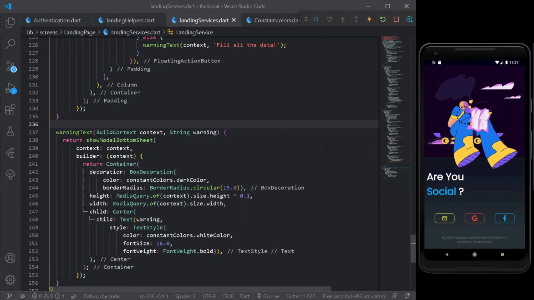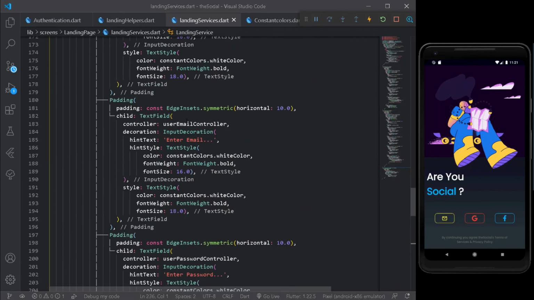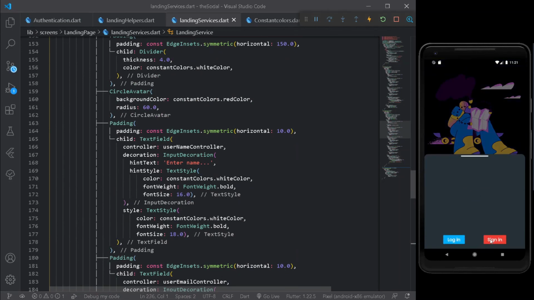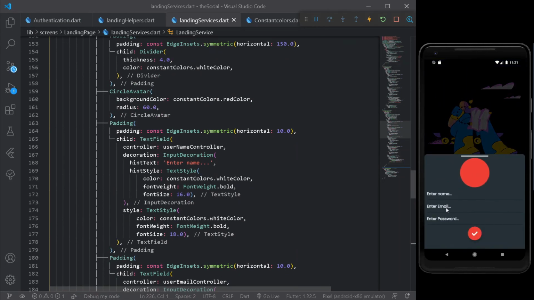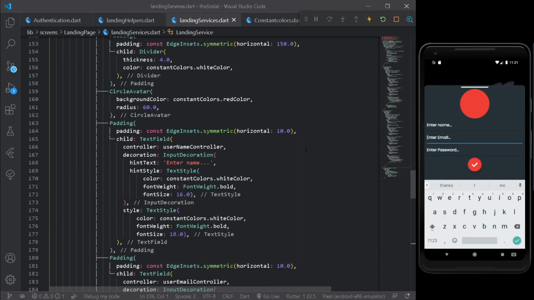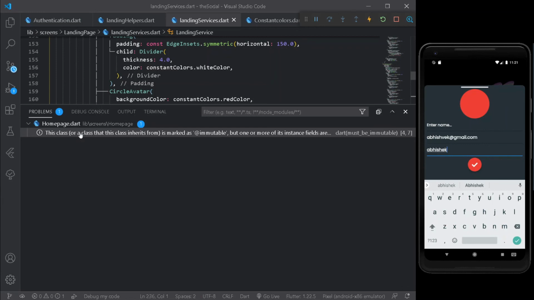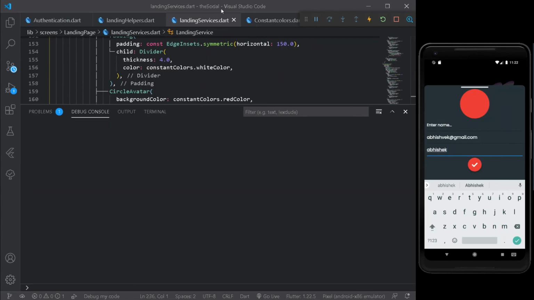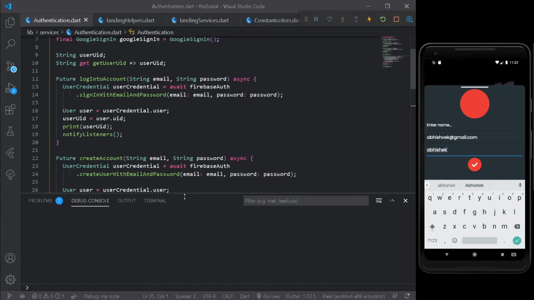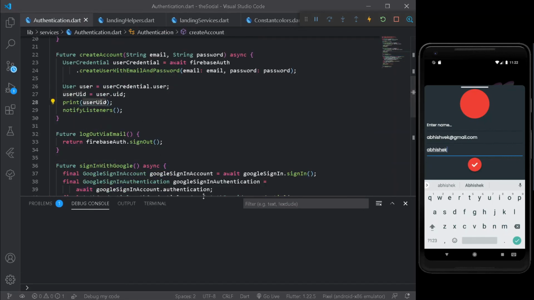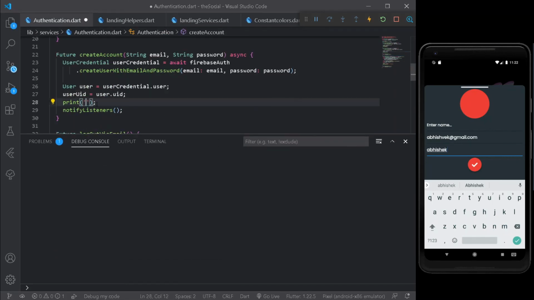Now as everything is done, let's try signing it out. For signing up, we can simply open this and create a new account. For now, we shall be okay with email and password. Here for email, I shall be writing abhishek@gmail.com. Don't worry, we will make this obscure. Here let's open our debug console, whether we are getting our user key, that is user UID. For that let's move under our create a new account. Alright, we are printing the user UID. Instead of this, I can write here created account UID equal to user UID.